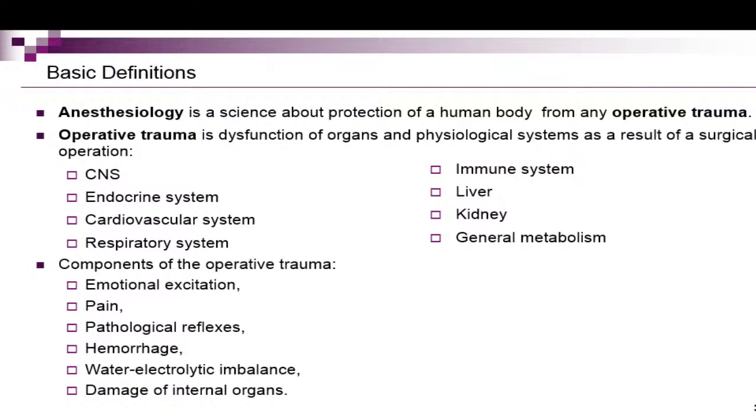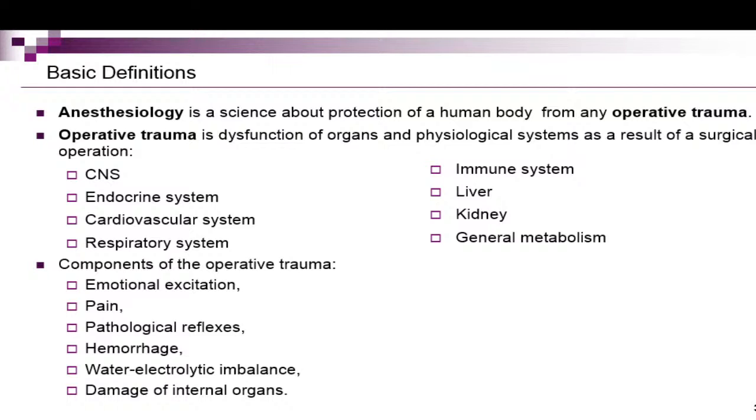Anesthesiology is a science about protection of the human body from any operative trauma. Operative trauma is a dysfunction of organs and physiological systems as a result of surgical operation. Any surgery is a mechanical trauma, and what organs and systems suffer from the operative trauma at first? It's the CNS, central nervous system, endocrine system as a response to pain sensation, cardiovascular, respiratory systems as a response